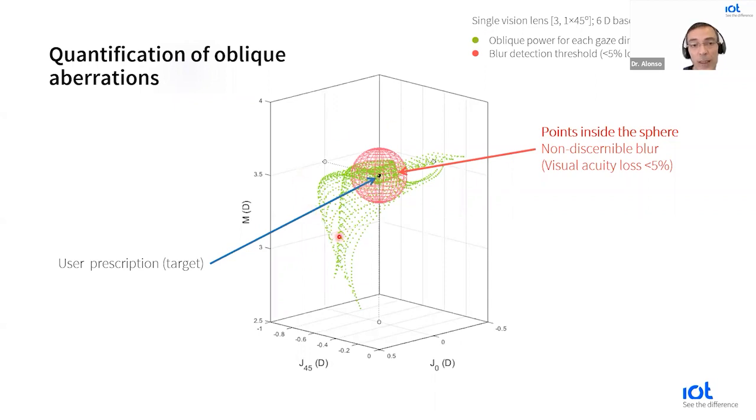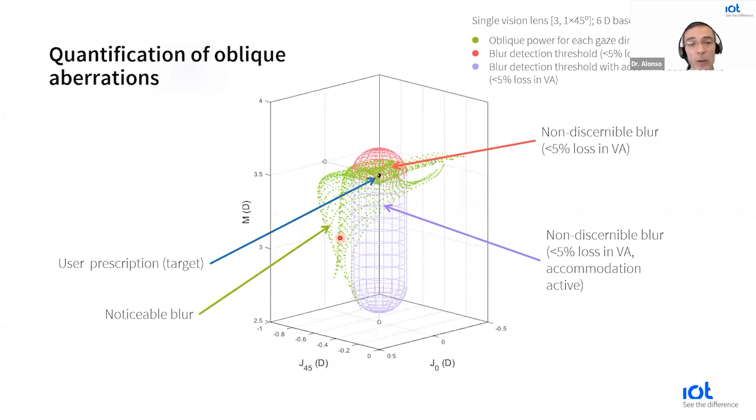While the points outside the sphere will represent gazes for which blur is noticeable. Okay, and if we consider accommodation, then the effect of accommodation is a deformation of the sphere into this purple capsule, deformed along the vertical axis, which is the spherical component of the power. And once again, any point inside this capsule won't produce any discernible blur, and any point outside it will produce